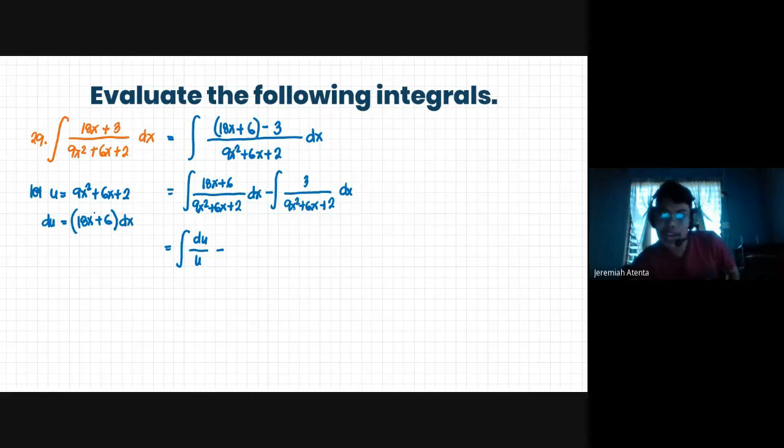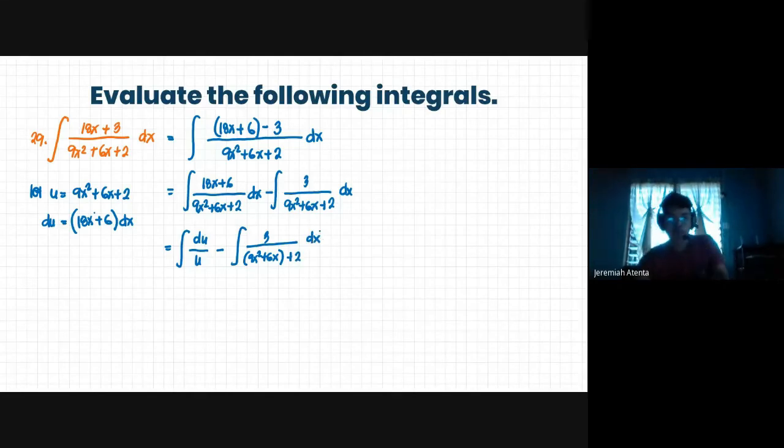Wag muna natin siyang ilabas kasi parang lalabas siya sa 9x squared. Okay, so we have the integral of 3. Pwede nyo naman siya ilabas, pero wag na lang. Okay, makikita nyo mamaya. Okay, so we will complete the square. So we have it here, 9x squared plus 6x plus 2 dx. Okay? Completing the square, kailangan nating